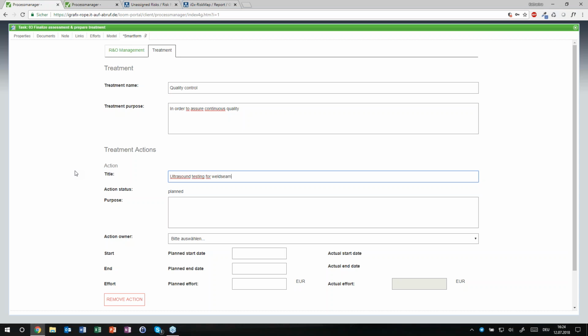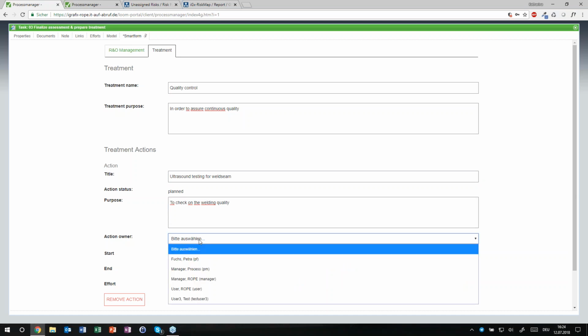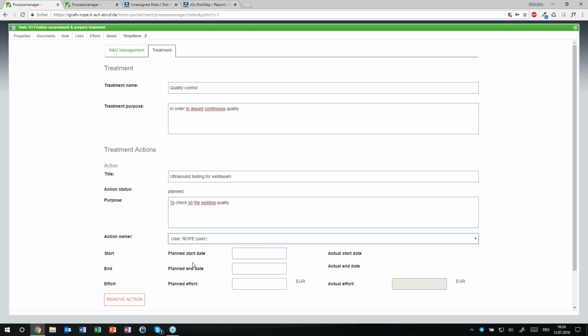Because we are welding some parts together, we want to introduce the ultrasound testing to check on the welding quality, because we noticed maybe that this might be an issue. So who is the action owner? Well, the action owner is the person who will then get an email with an action summary where the person sees, now you have to implement the ultrasound testing for weld seam.